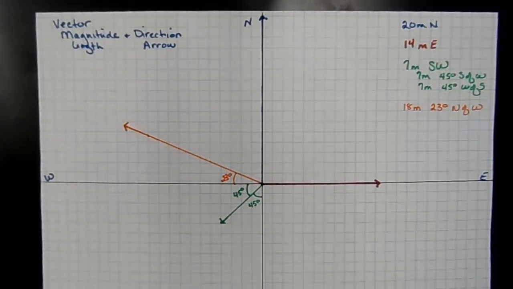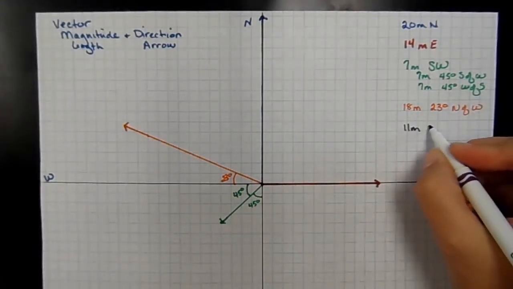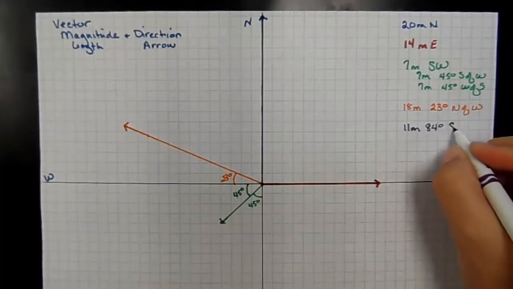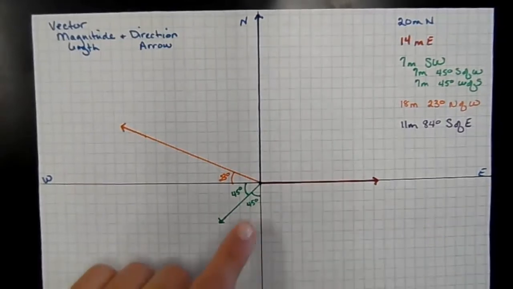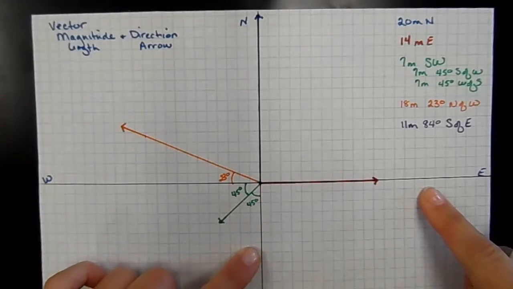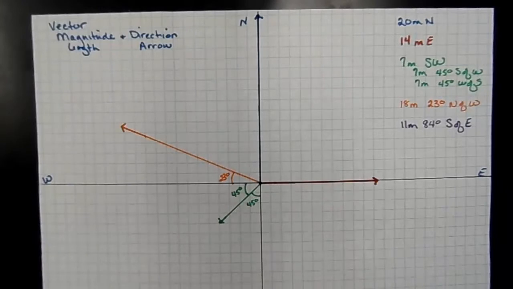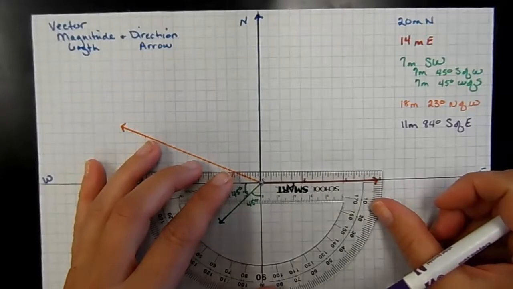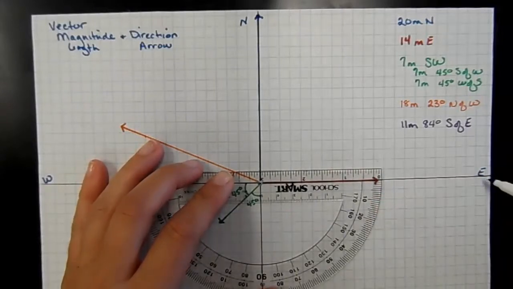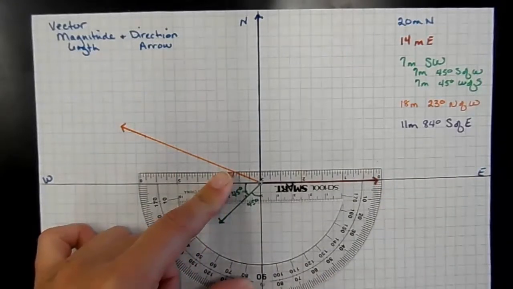So let's do one more. Let's go 11 meters in a direction 84 degrees south of east. Okay, here's south, down here, here's east over here. So we're going to go south of east. And we're going to go 84 degrees. So if we line up our protractor so that east is 0, we are going to go 84 degrees way over here